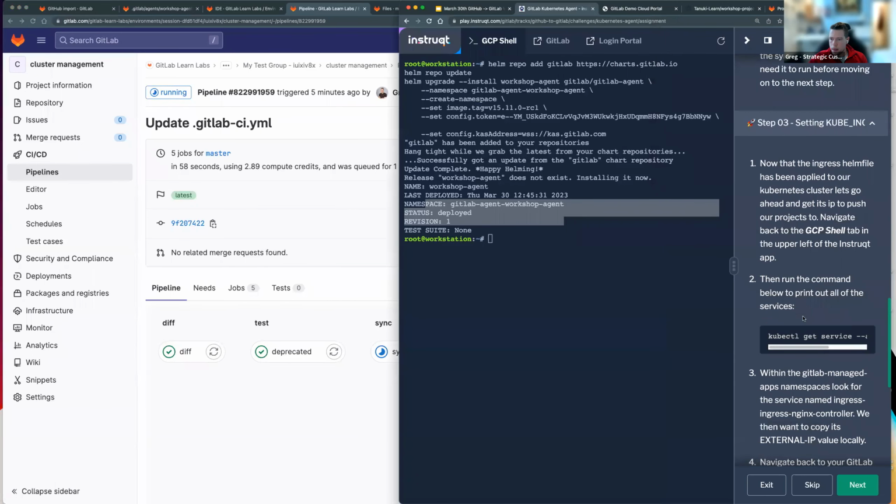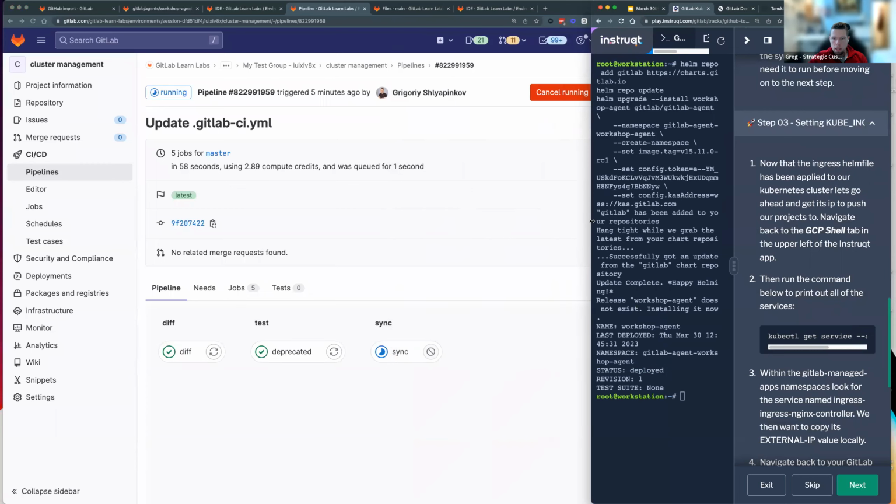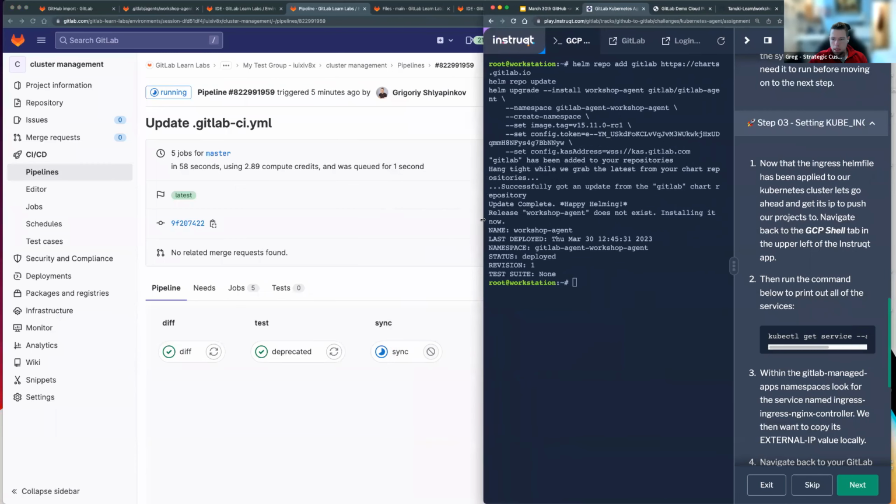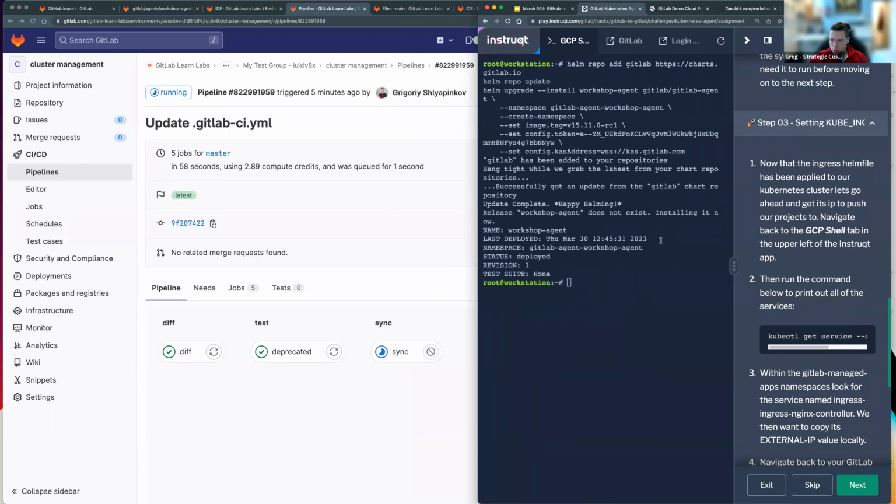Okay, brilliant. So that part is completed. So just a minute or so to get the ingress file applied, and we're going to then be able to run this command in step 3, part 2. So what we need to do is the same thing, copy, and we will need to put it in our instruct platform to get